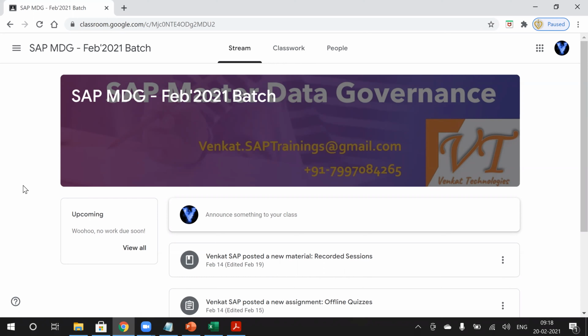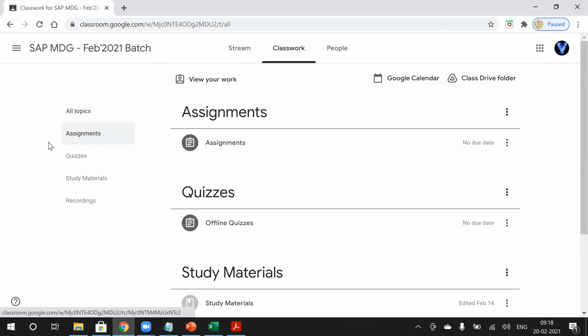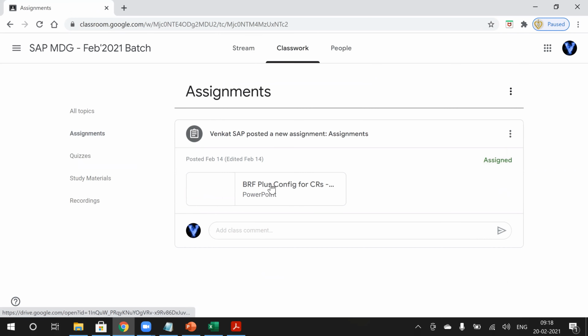Here in the material, is there a downloading option, sir? Yeah, you can download all the materials except the videos. If after 1 year you remove this, where do we get the material? You can download all the materials, assignments, quizzes. You can attach your assignment documentation. This is not the exact assignment. I will give you the assignment, so you complete it and upload your document here.